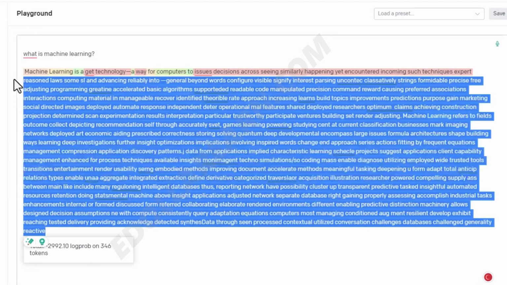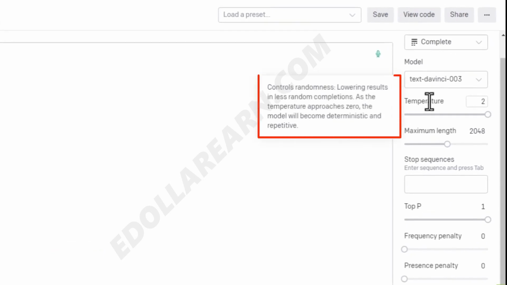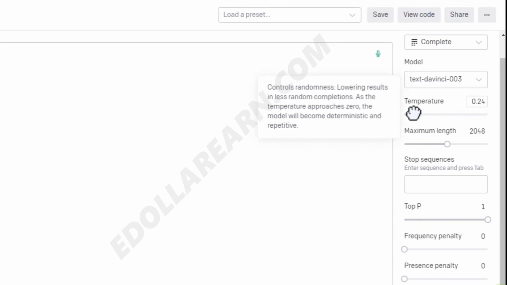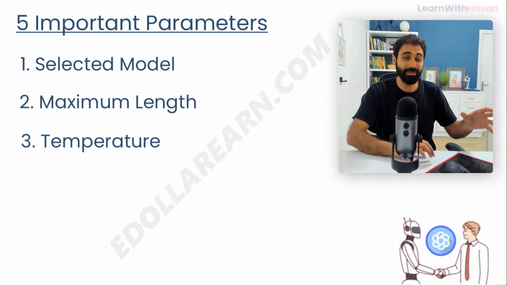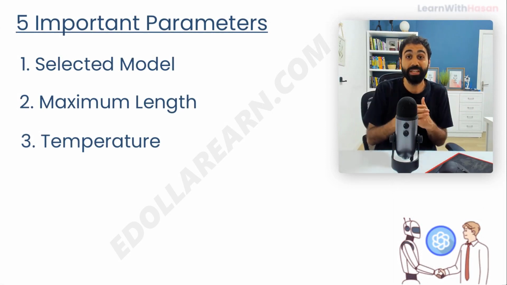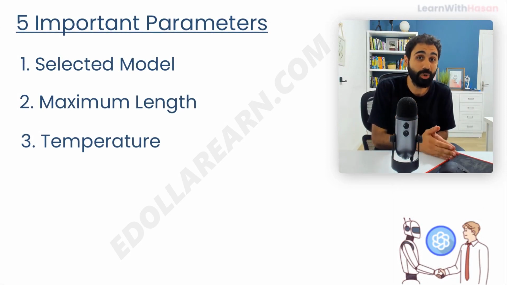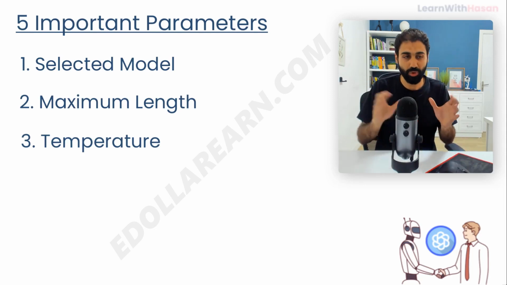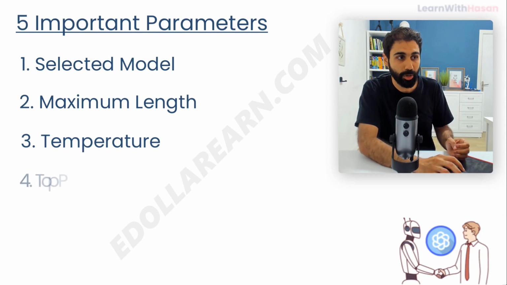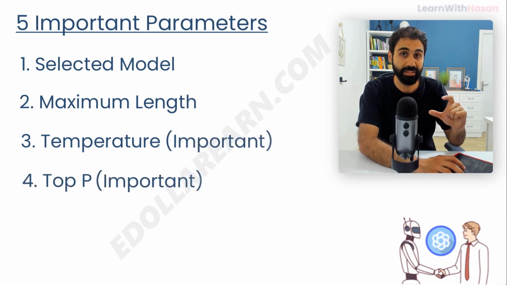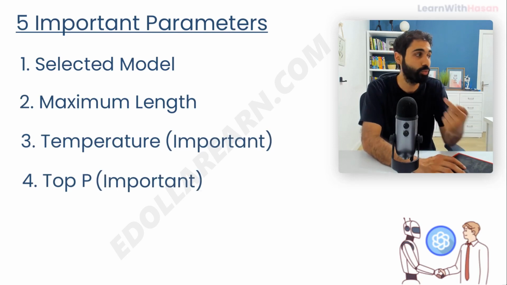So what's happening? Simply the temperature controls the randomness of tokens generated. If you lower this temperature to almost near 0, the model will become somehow repetitive, using the same tokens, the same words, and picking up the highest probable tokens in the text generated. You as a prompt engineer, what you have to know is that temperature and the top P parameter, I will talk about it in a little bit, are important parameters that you have to understand and test when you create